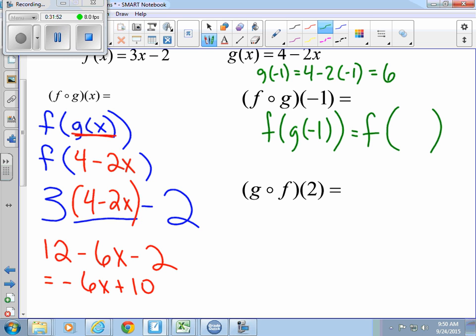If you need a calculator to check something like that, use it. It'll give you that correct value. So if g of negative 1 is 6, I just put 6 here. And then can I find f of 6? I'm going to go up there and I would do 3 times 6 minus 2. Is it the same thing I would have gotten if I plugged in negative 1 into my answer? Negative 6 times negative 1 would be positive 6. Positive 6 plus 10 would be 16. So I did the same thing. Now again, if you already have that sitting there, that's probably what I would do, but most of the time these will come by